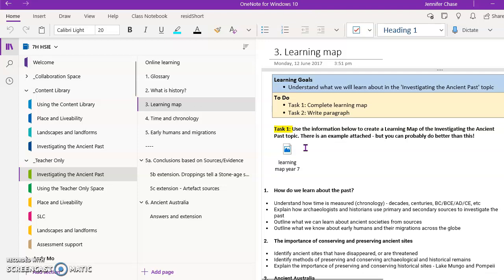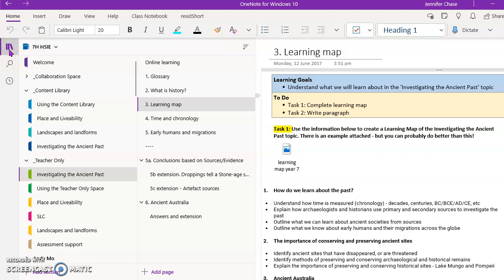If you don't create your own learning map, don't worry about it. It's more important to catch up on the first two lessons. But do carry on watching this video so that, if you don't make your own learning map, you can at least look at this one and understand what we're doing for the rest of the